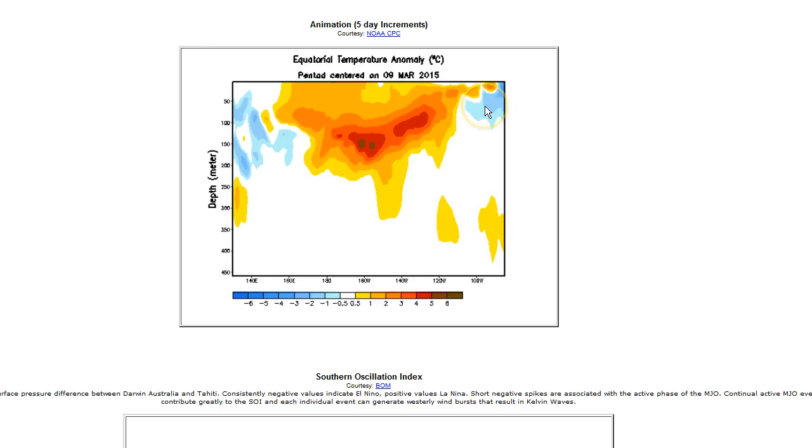This is the upwelling phase of the Kelvin wave. Might be the suggestion of why there's cool water developing off the Galapagos and Peru right now. That's getting squeezed out of the pipe, and here comes the large area of warm water. Notice it goes from